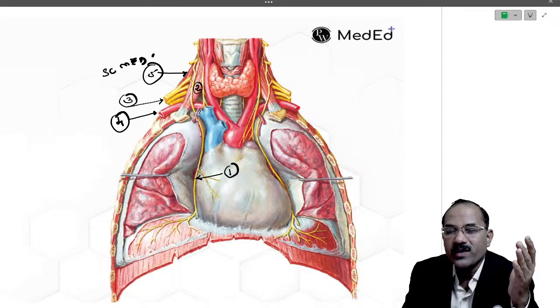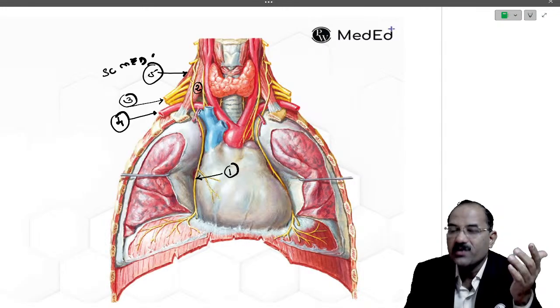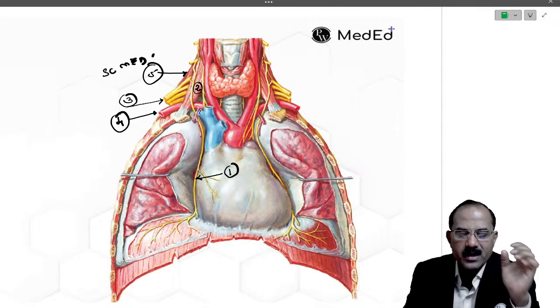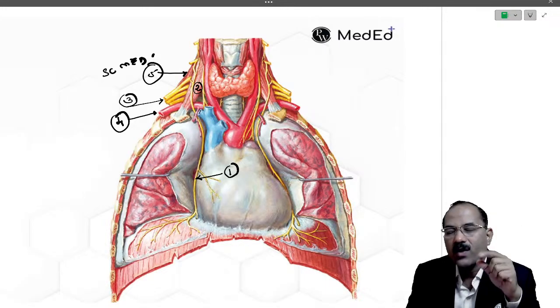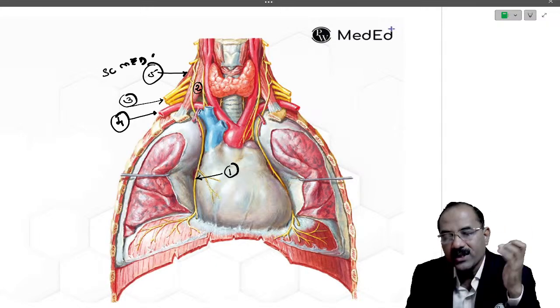What is the root value of the phrenic nerve? C3, C4, C5. And there's sometimes an extra nerve, the accessory phrenic nerve, which arises from the C5 root of the brachial plexus. Now this phrenic nerve lies on the scalenus anterior muscle. The phrenic nerve enters into the